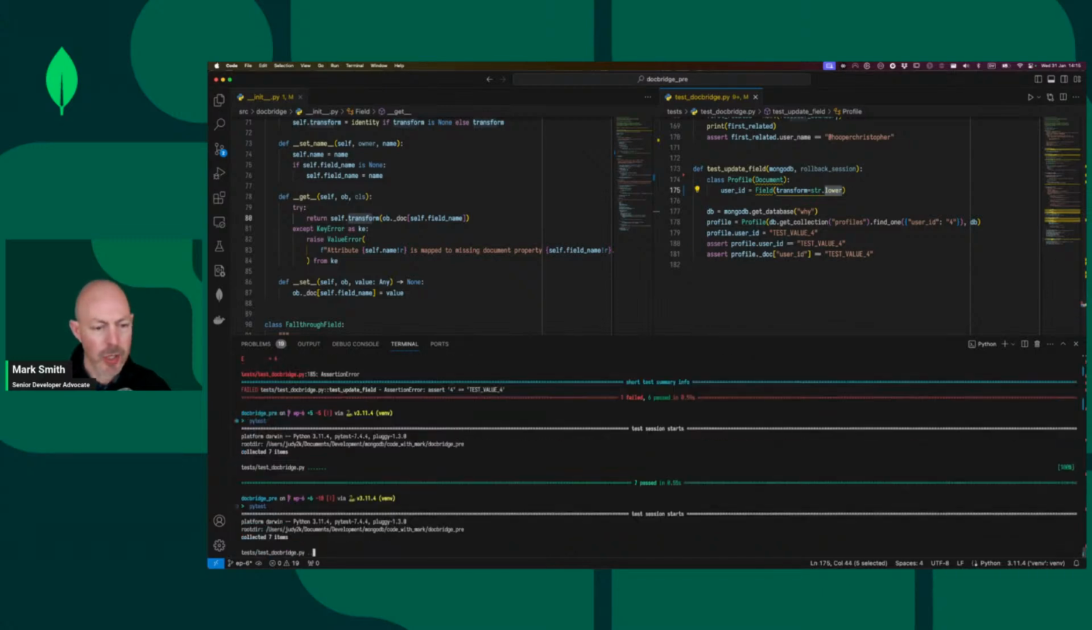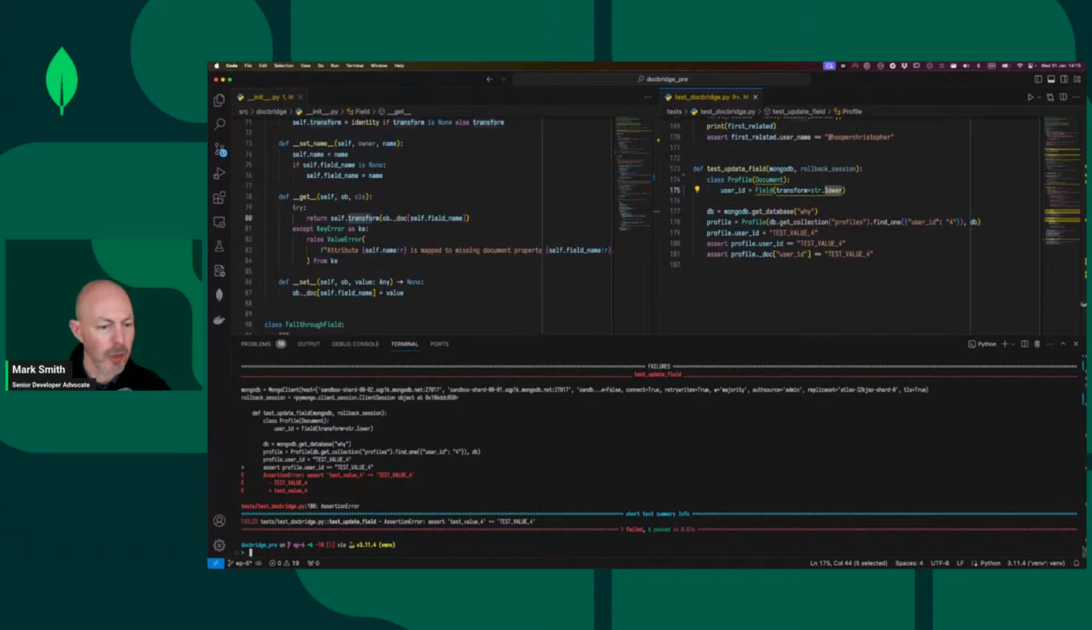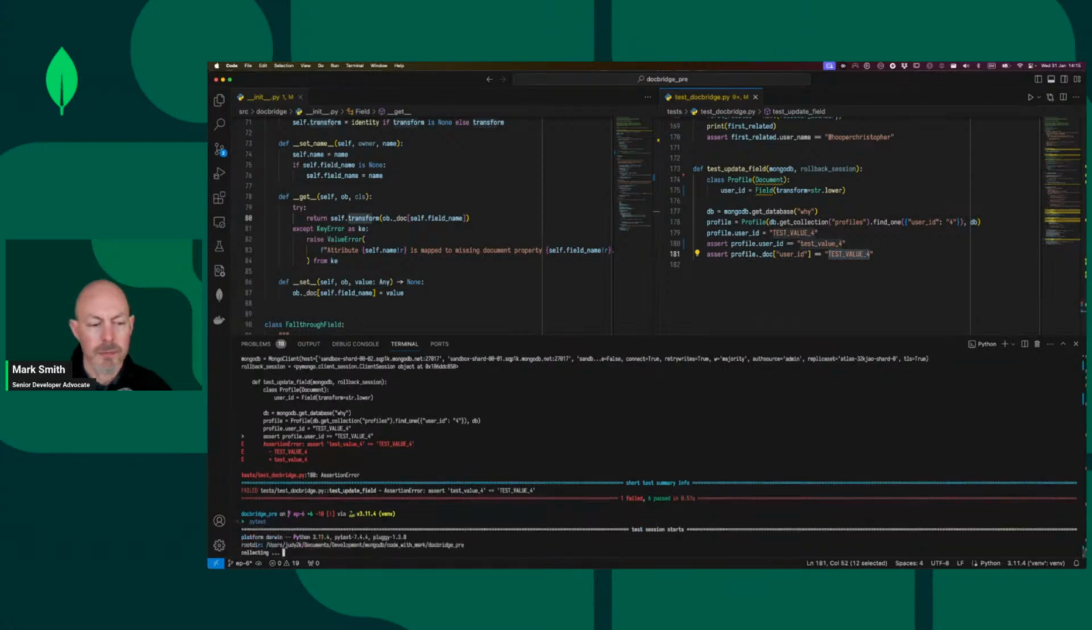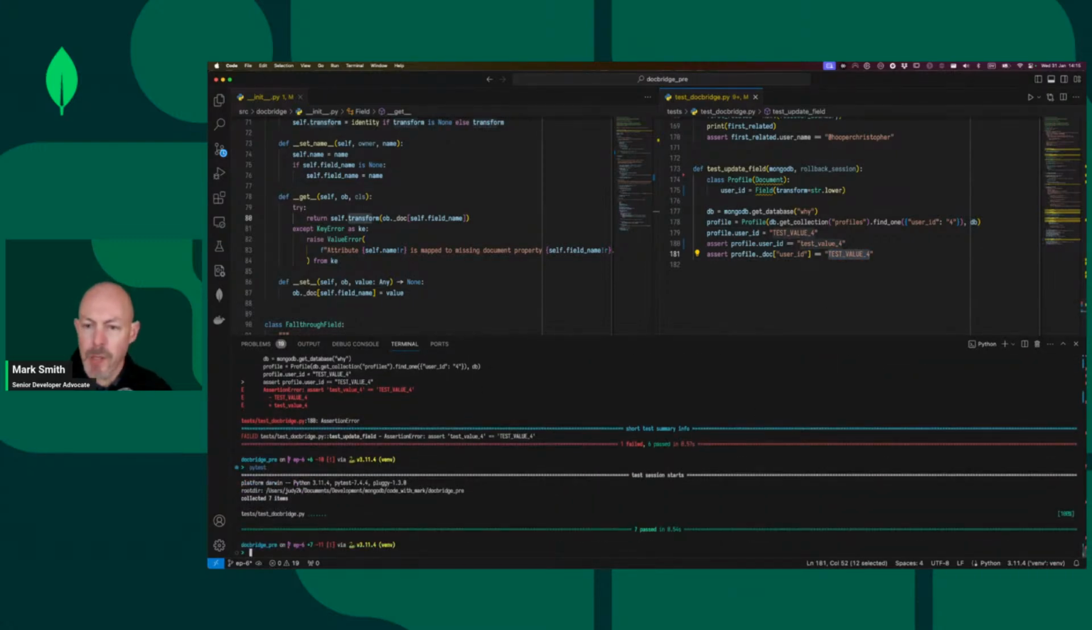So let's just try that. There we go. So it's now coming back as lowercase, which is good. So I know that transform is working on get. Where I access it directly on the doc, it's not coming through here, so it's not going to be transformed. So it should come back as uppercase. Yeah, so that does